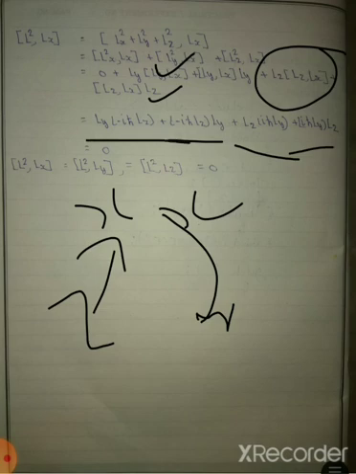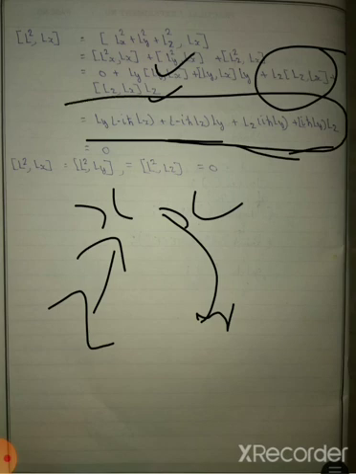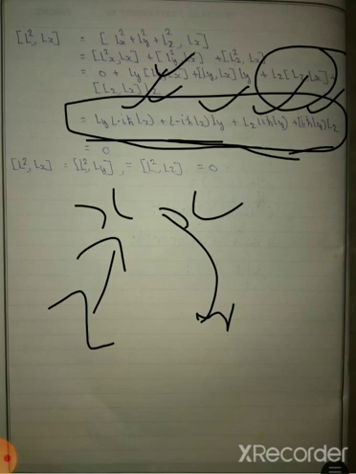So these four terms are present here, and these terms are the same as this, and this term is the same as this, but here both have opposite signs, so we find a 0 result. Similarly Ly and